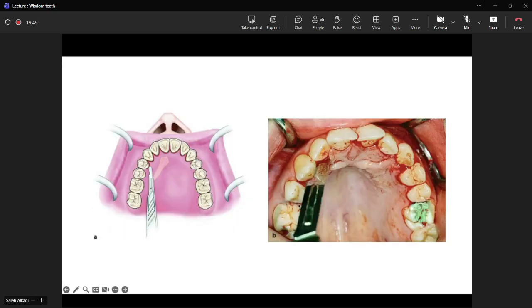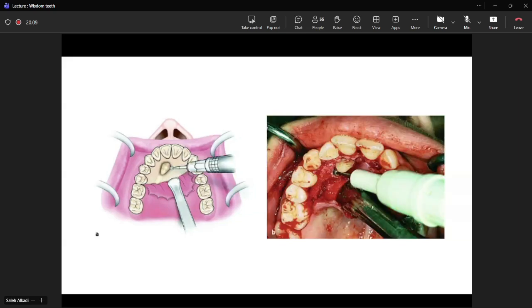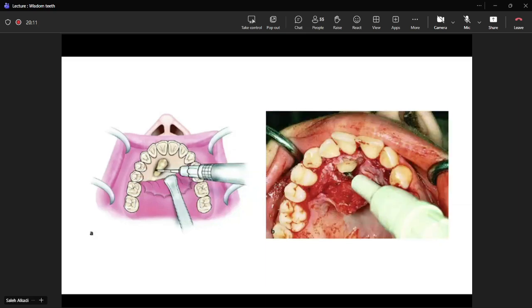So we raise a palatal flap here, as you can see. The flap extended from the molar region on the ipsilateral side up to the canine on the other side. We can see here a small bulge on the palatal side. You start removing bone using a handpiece and expose the root. After exposure of the root, the angulation here is not favorable, so you can't remove the tooth without sectioning the crown from the root. So section the crown from the root using a Fisher burr,